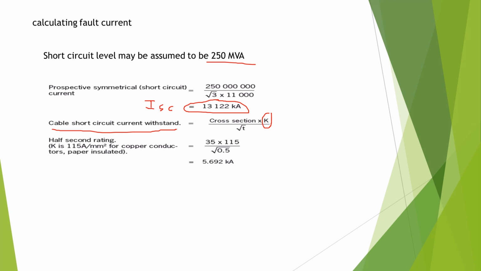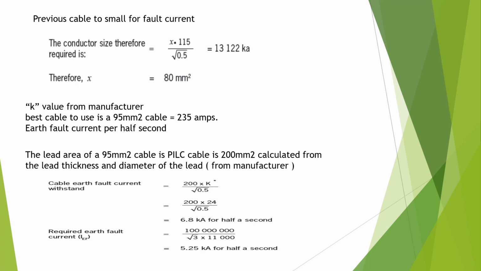So it's 35 times 115 divided by square root 0.5, because it's for a half second. And we will see that the present carrying capacity is 5.692 kiloamps. Previously, as you go back to the table, you will see that the cable is too small to carry that fault capacity. So, to work out the correct conductor size,